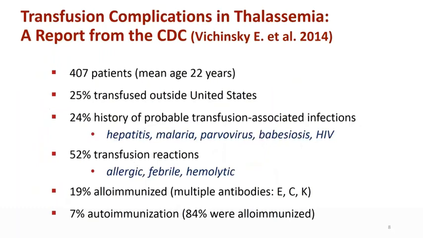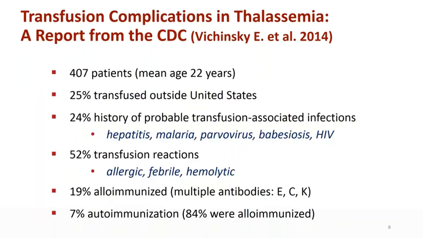In a national collaborative study of thalassemia sponsored by the CDC, in which the authors and myself published in 2014 in Transfusion, we followed the history of 407 patients prior to enrollment through detailed chart reviews, and then during the time on the study. And I just wanted to give you some interesting highlights. The average age was 22 years of age, but it varied. There was a bimodal population of majority being young and some older patients.